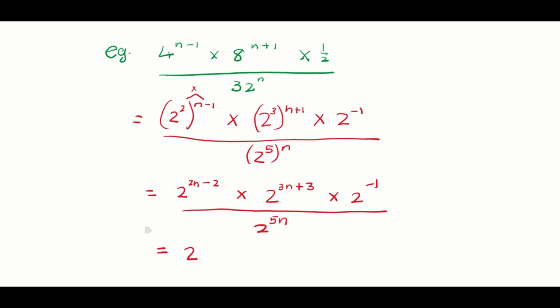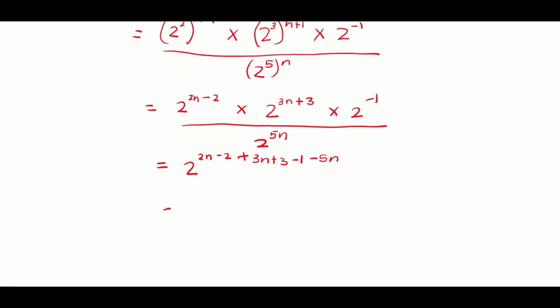Because we have the same bases, we write the base down once and add all the exponents of the numerator and subtract the exponent of the denominator. So let's add all the exponents of the numerator first. 2n minus 2 plus 3n plus 3 minus 1. And we take the 5n, which is positive in the denominator. When we bring it up into the numerator, it becomes negative, so negative 5n. Okay, and that will lead us to,